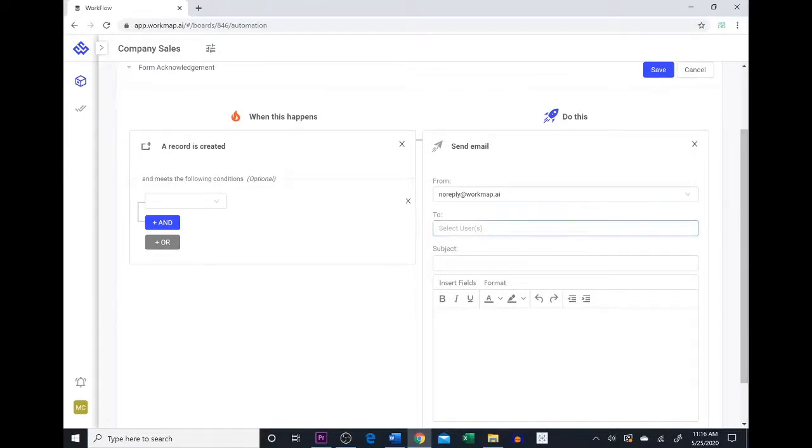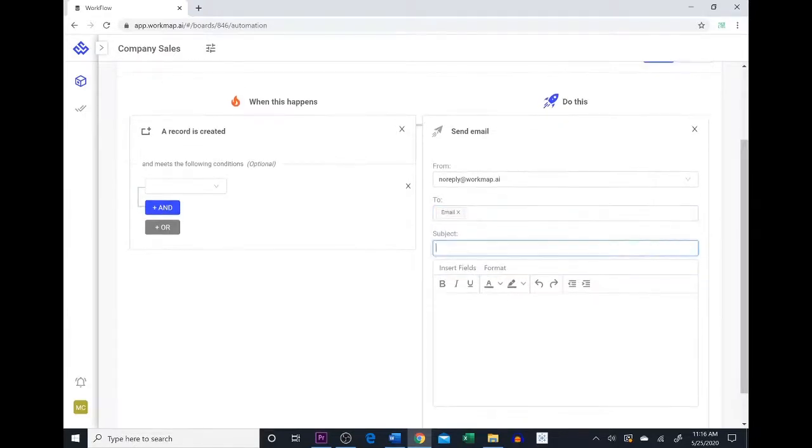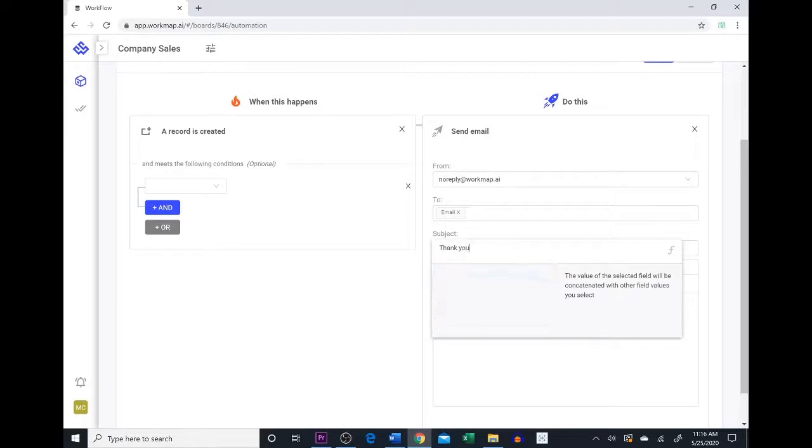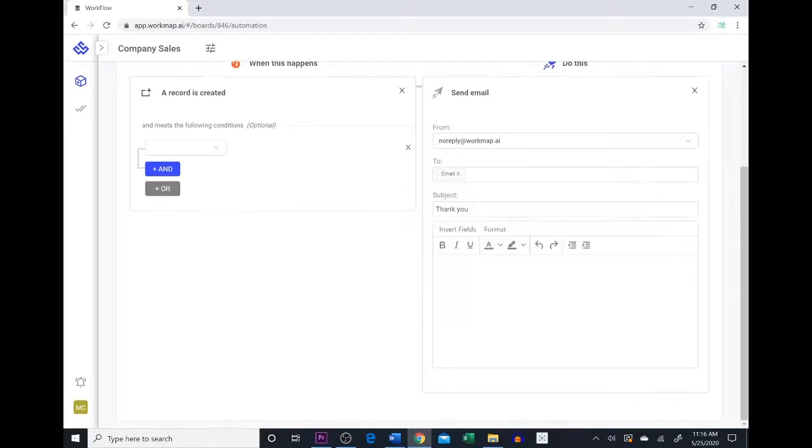So we can send it to their email. As you can see, we also have the option to send it to people in our workflow. So if we wanted to send it to one of our managers, we can easily select them right there. But in this case, we're going to send it to the email that they put in the form. Then we can give this one a subject. We could just call it thank you. Then we could type our message. We'll say, thank you for filling out